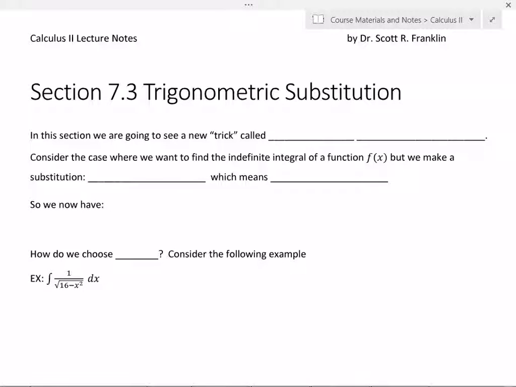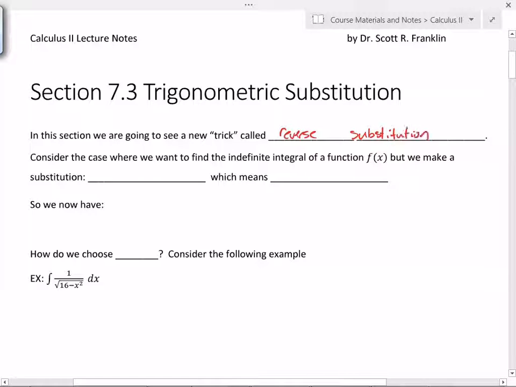Trig substitution. In this section, we're going to do something that's like substitution, only it's backwards. And so I call this thing reverse substitution. Okay? Now, in substitution, when you have an integral, right, like